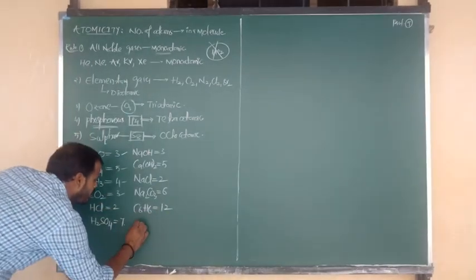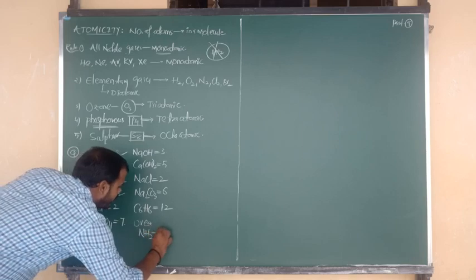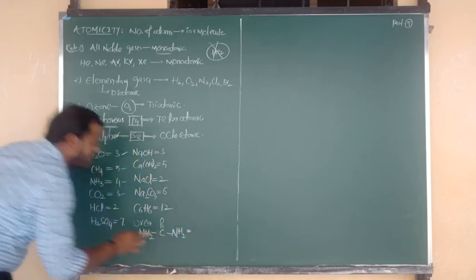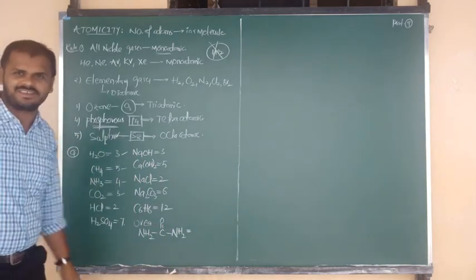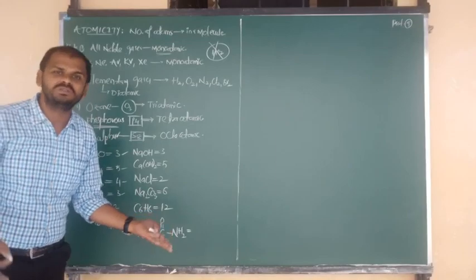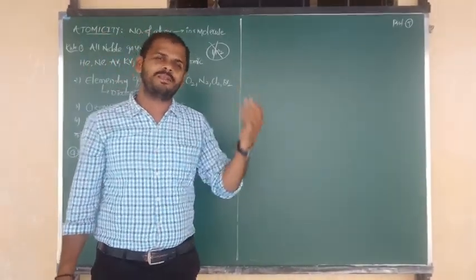Next, urea. What is the formula of urea? Very important. Urea is NH2 bonded to C double bond O bonded to NH2. This is your urea formula, a fertilizer. You know that, right? So what is the atomicity of urea? Such questions we will discuss regularly at the practice level. Very important, repeated questions.